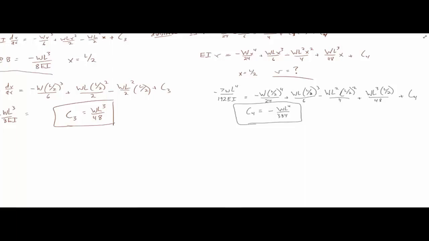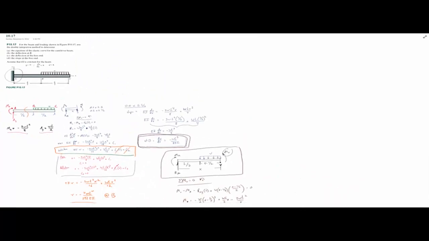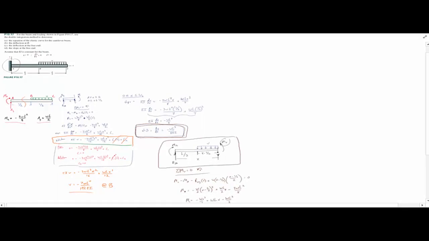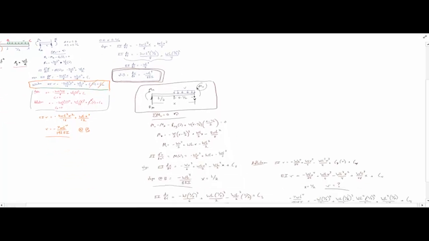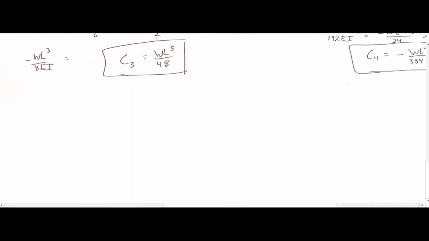And say our deflection equation, which is what we're looking for, because all this work, sometimes we forget what we're looking for. So the equation for the elastic curve for the cantilever beam, I think we've already done that. We're looking for deflection at the free end and slope at the free end, okay? So now what we can do is say our deflection equation, knowing these two constants of integration, our deflection is going to be